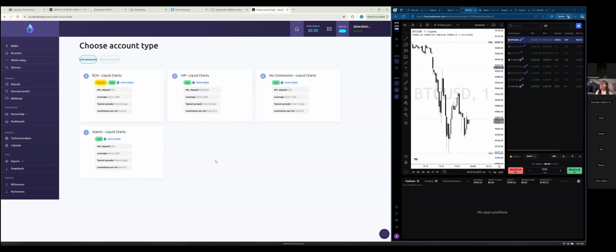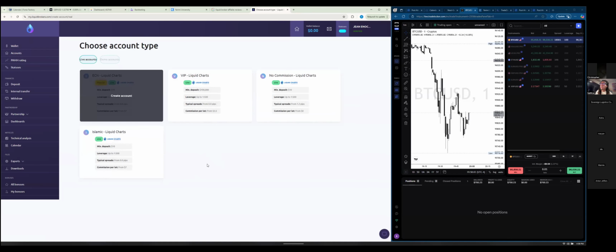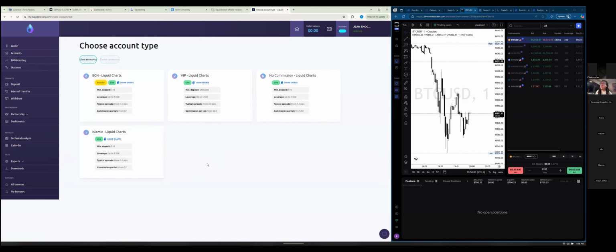Certain accounts require higher deposits. For example, that one required 100,000 for the VIP. This one only requires you $10. You can start trading with as little as $10 with this one. That's perfect because some places require you to do at least 500 or 100. This only says $10, and you still have 1 to 500 leverage, which is the same thing we use